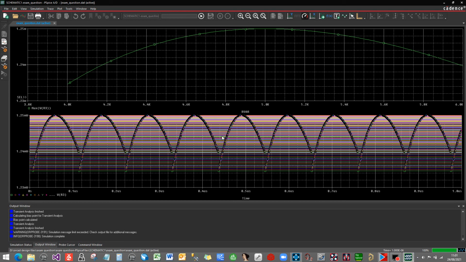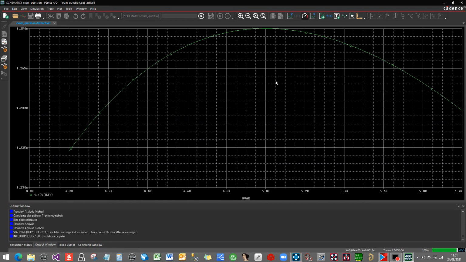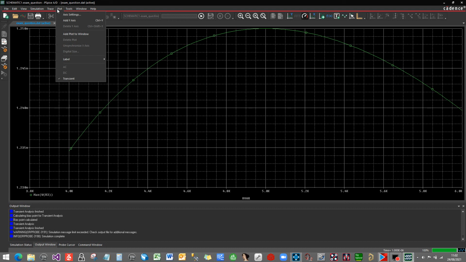We obviously don't need this, so if you click on it, then go into plots, delete plot, and now we've got this. Again, right at the top is 1.25, but you know, it's at the top of the graph. Obviously we can't see that the graph is cut off. So what we can do is go into plot, go into axis settings,